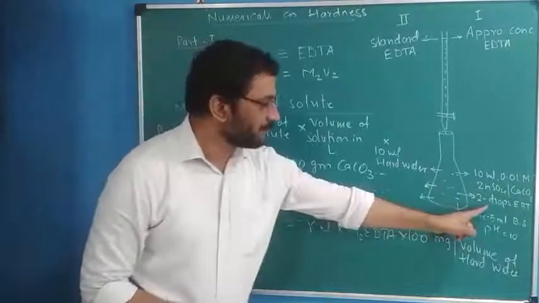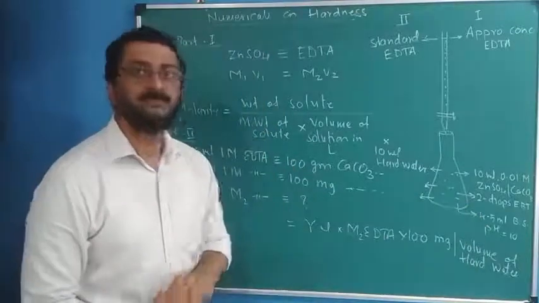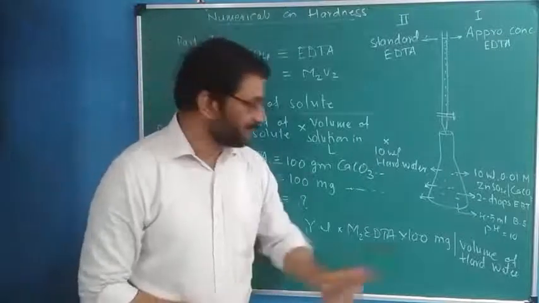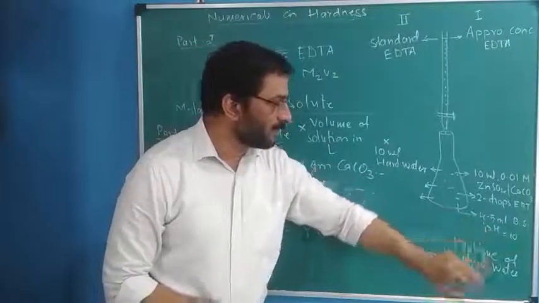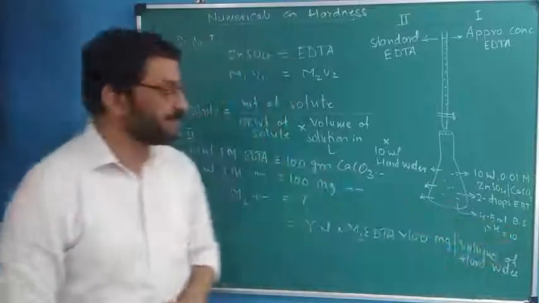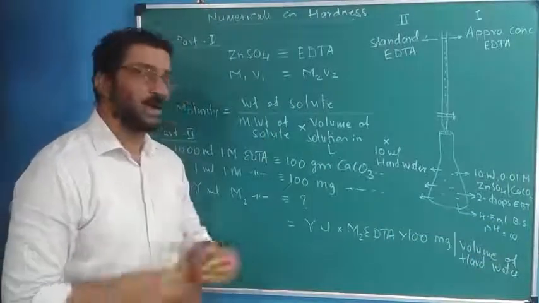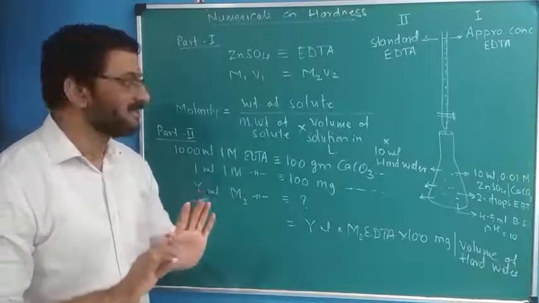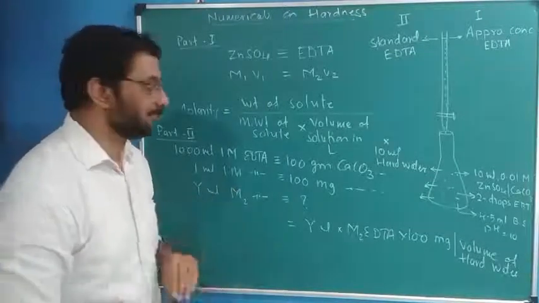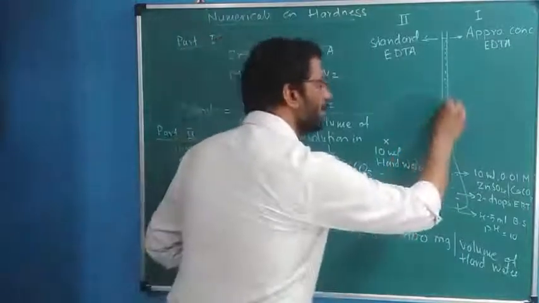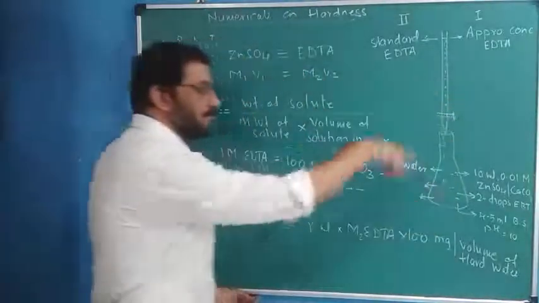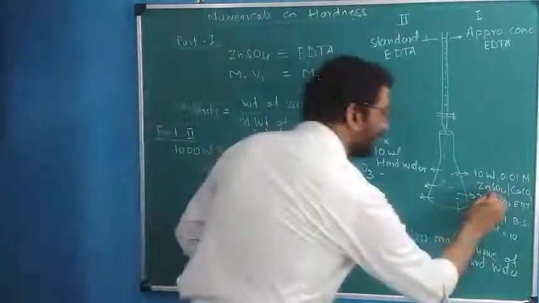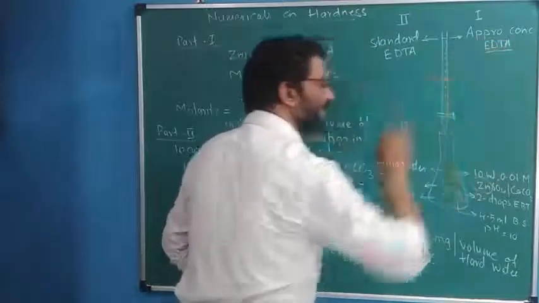Plus a few drops of EBT, Eriochrome Black T, as an indicator, and 4 to 5 ml buffer solution of pH 9 to 10 to have an easy complexometric reaction. This we have already properly explained in the earlier lecture. In the titration, we are simply adding EDTA from the burette to the flask. There is a complex reaction between this metal and this chelate.